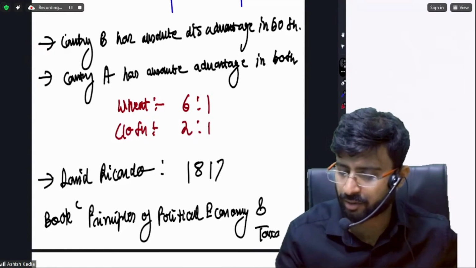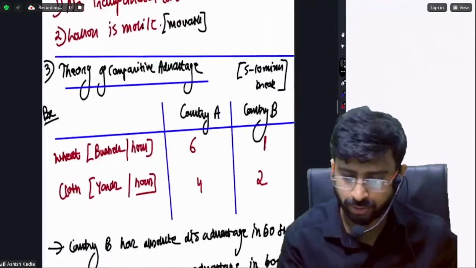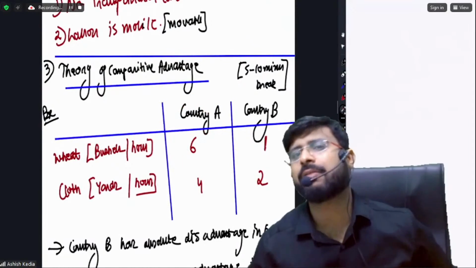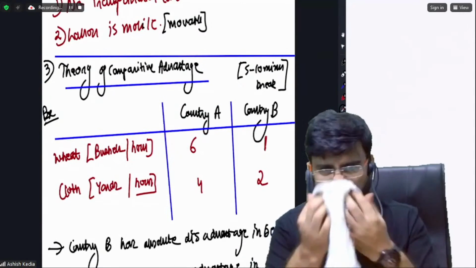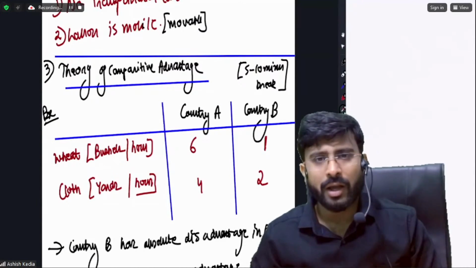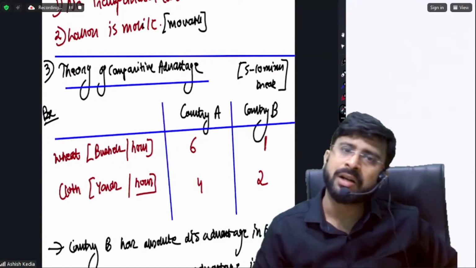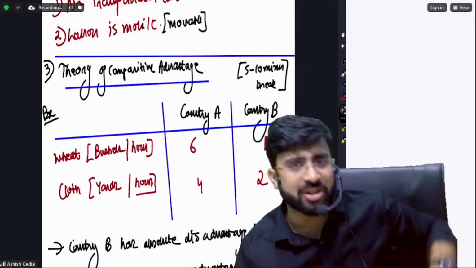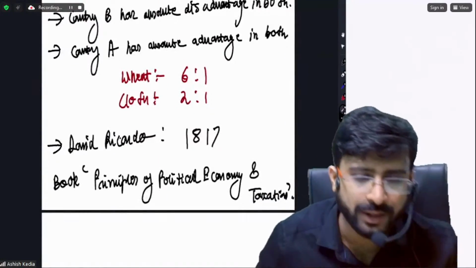सर हिंदी में समझाइए इसको एक बार। ये एक ऐसा थ्योरी है दोस्तों, कंपैरेटिव एडवांटेज वाला, जहां एक कंट्री के पास दोनों प्रोडक्ट्स में ही एडवांटेज है। मतलब ये दोनों में ही अच्छा है कंट्री बी से। एब्सोल्यूट में क्या होता था, एक में अच्छा था एक में खराब था। कंपैरेटिव में कंट्री ये दोनों में ही अच्छा है, लेकिन जिस चीज में ज्यादा अच्छा है वो एक्सपोर्ट कर दो, जिस चीज में कम अच्छा है वो इंपोर्ट कर लो। ये थ्योरी ऑफ कंपैरेटिव एडवांटेज बोलता है।